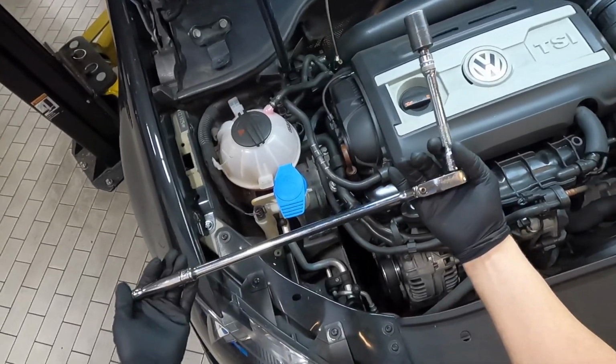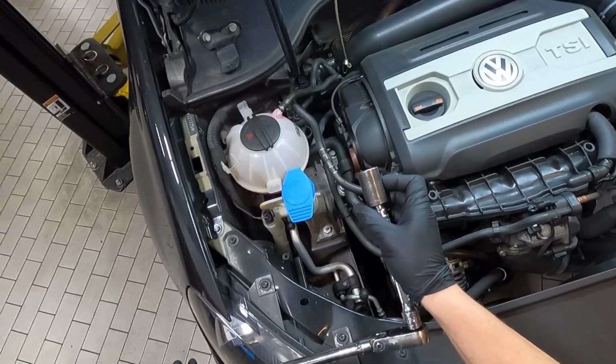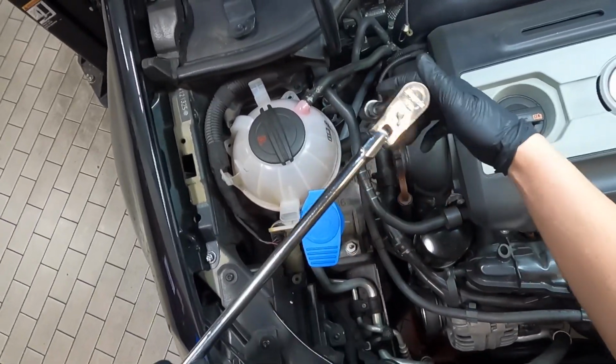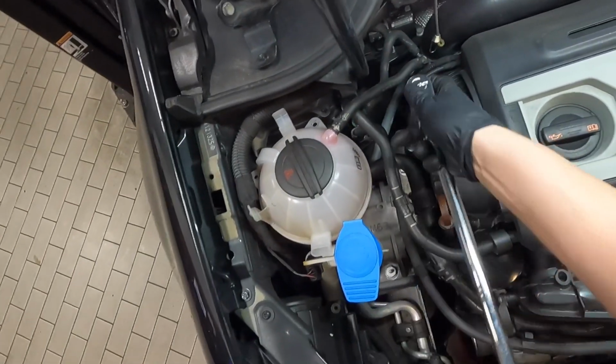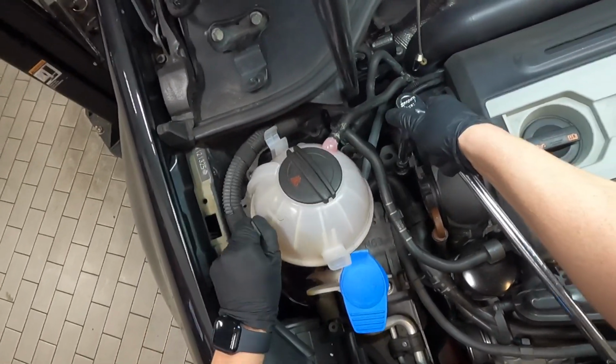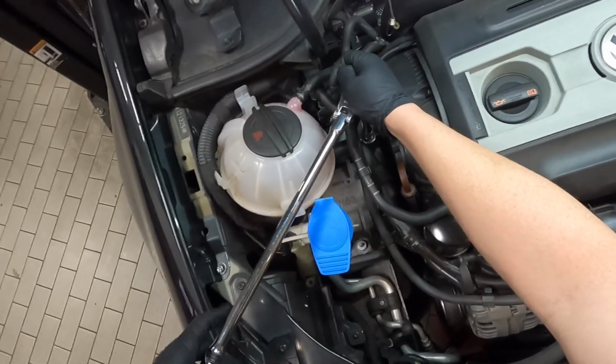Okay, so I've got my long 3/8 ratchet with about a 6-inch extension and a size 18mm socket. So you just kind of have to work around the hoses right there. You can go in front or behind, it doesn't really matter. It's kind of hard to do on camera right now, but you're just going to get to that bolt, you're going to loosen it,